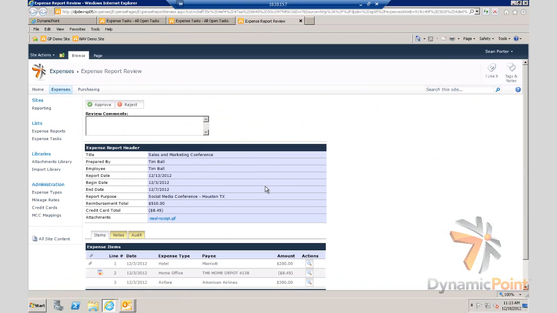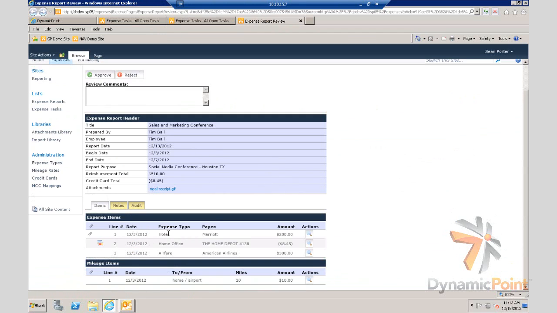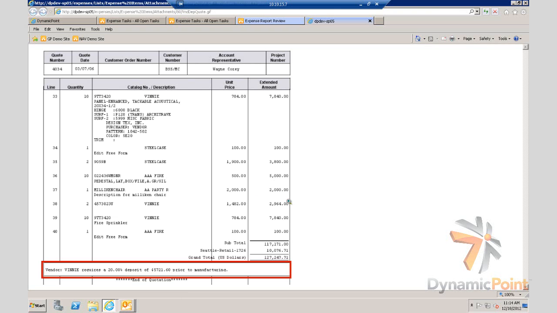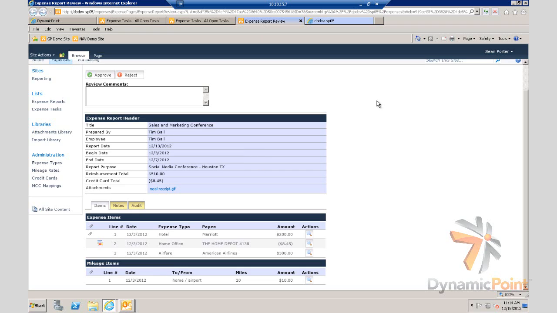As I do that, I see all the header information. I have the ability to review the line items, see the specific attachments related to those. Let's go ahead and review those. Perfect. I'm going to go back to the expense report here, and let's go ahead and approve it. So as we approve this report,